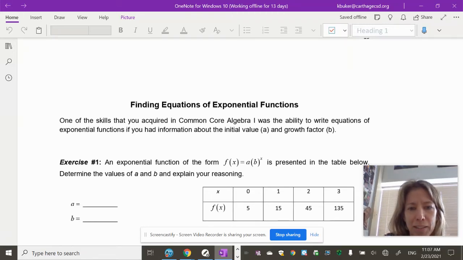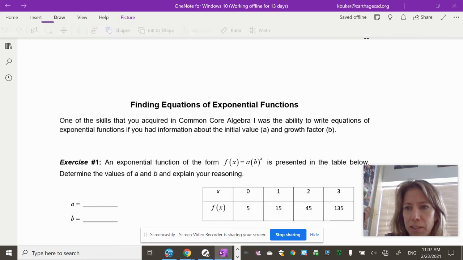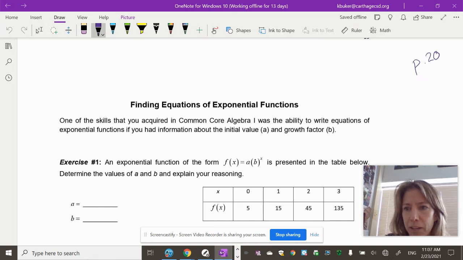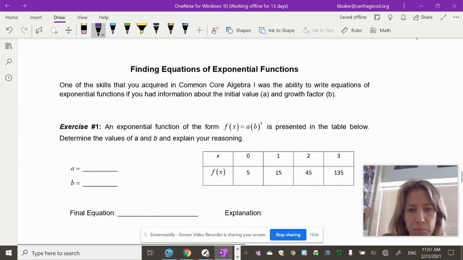We're getting right back into exponential functions, and this is page 20 of your packet. Okay, so page 20 of your packet, and we're going to be finding equations, or creating equations basically, of exponential functions. So just as a review of what we did before break,